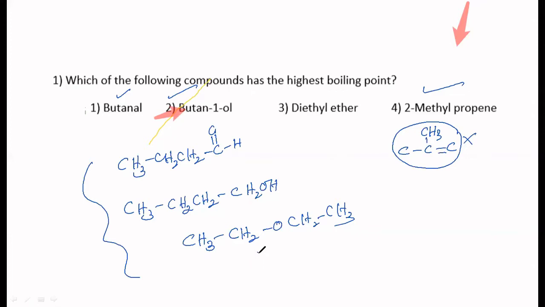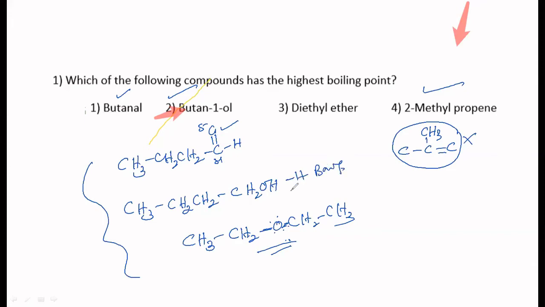Among these, one will have a low boiling point because in this case, the oxygen here is bonded to two carbons on either side. In case of aldehydes, you can see some dipole-dipole interaction. Here the bond polarity is very less. So therefore ethers will have a low boiling point. And then comes your aldehyde, CHO, dipole-dipole interaction you will have. But here there is hydrogen bonding.